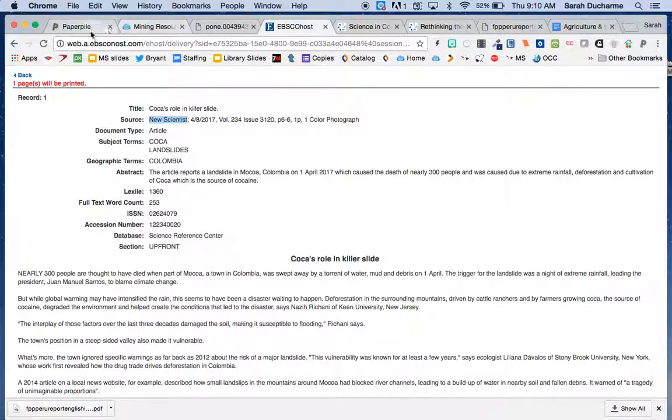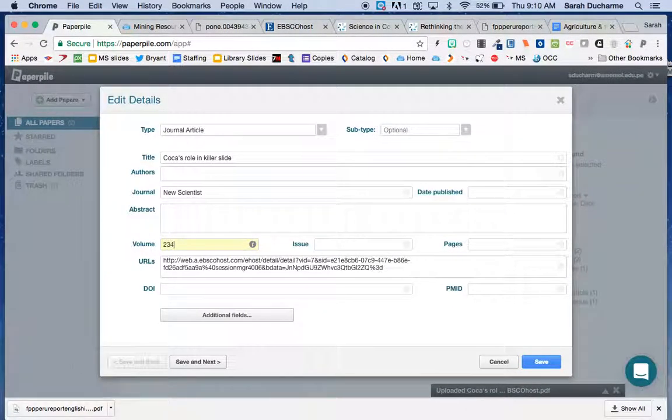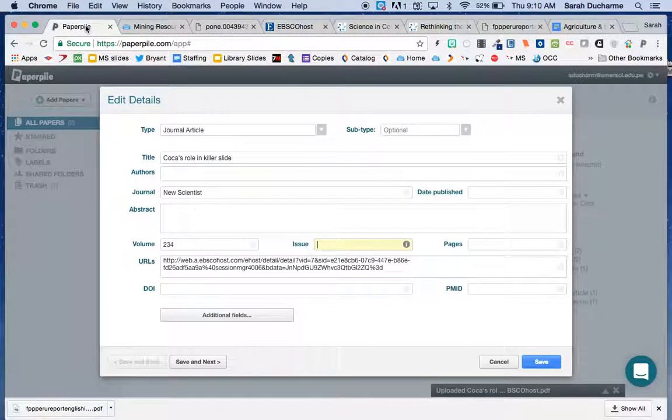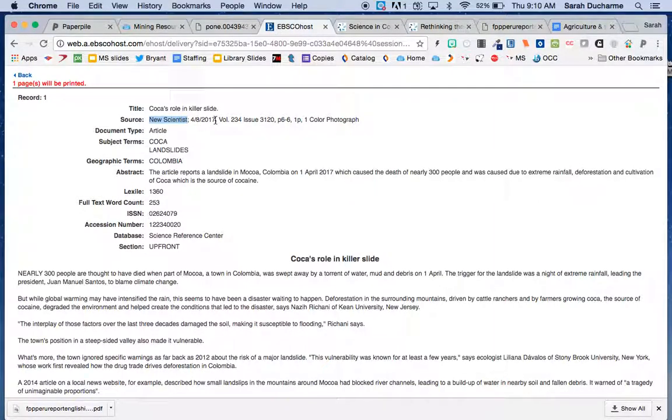Volume 234, I have to put that in here, 234. Issue, if I have the issue, I do, 3120. Okay, I have to put this in here because I know the information. I'm not going to do it all, but this is what I need to do. Date published, I have it, so forth. Actually, I am going to put the date published because I need that for my in-text citation,